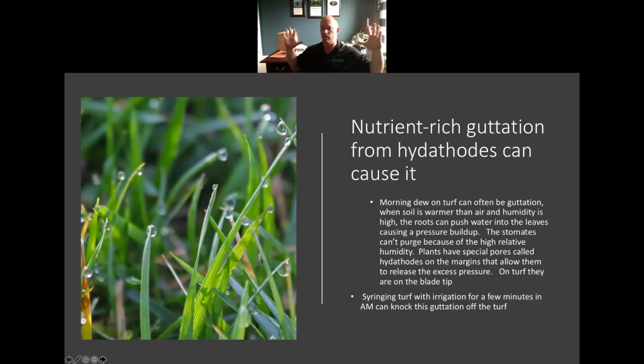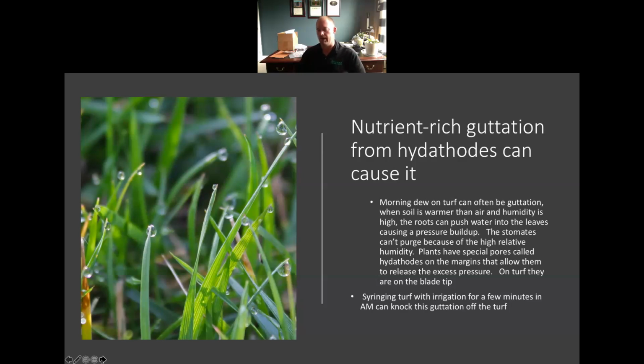Eventually, if they keep swelling up, they're going to pop and rupture and die. And so they have to have ways of relieving all of that hydrostatic pressure inside of the plant, because it can't really stop it. That water naturally is going to keep moving up and into the plant. And if the plant doesn't have any way to release it, the plant is going to die. It's going to swell up and die. So to counter that, plants have these things called hydathodes, which are specialized pores that allow it to relieve that